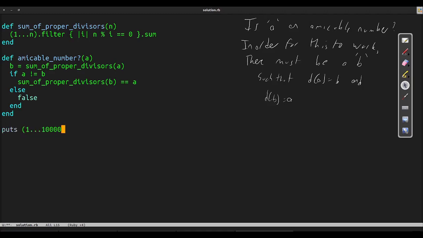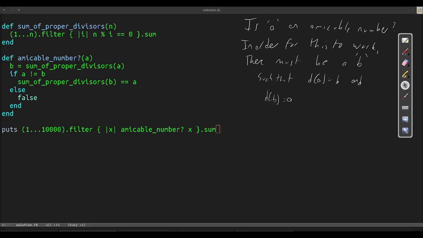We take the range of all numbers from 1 up to and excluding 10,000. Perform a filter operation to keep only the amicable numbers, sum the result, and print it. We can neaten up the amicable number predicate a bit, and experienced Ruby developers have probably already spotted how we